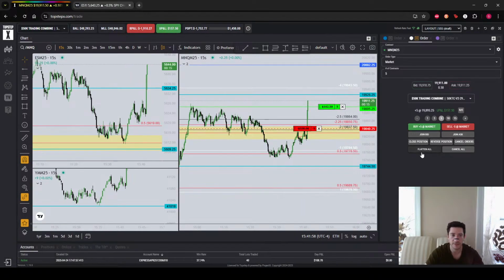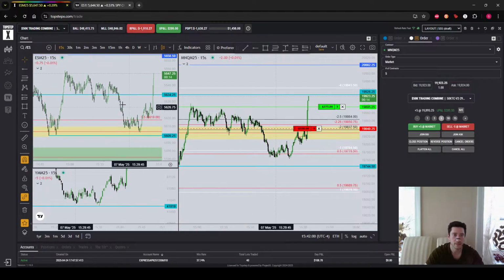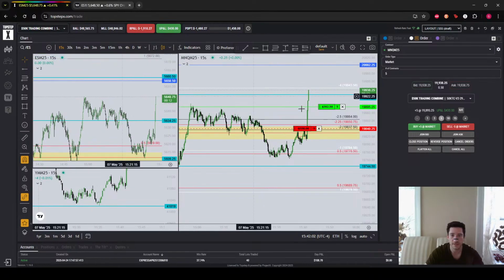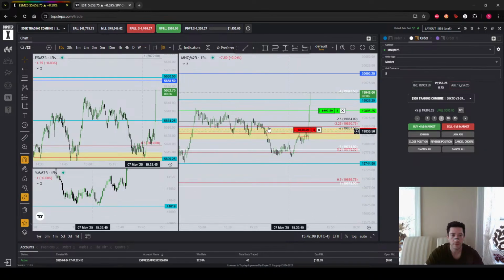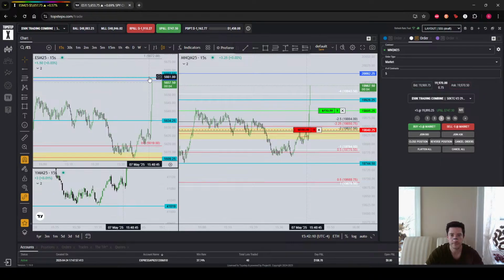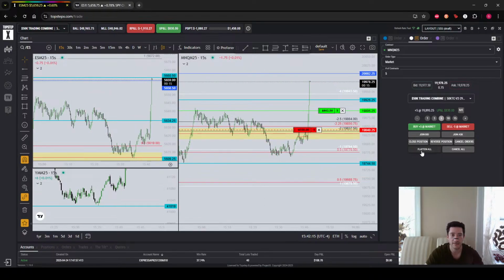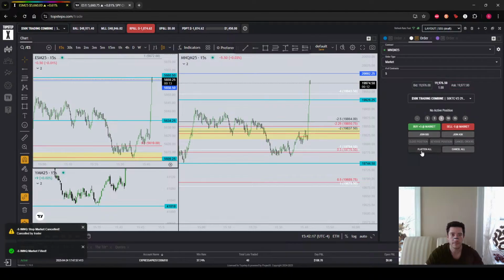Give me some drawdown room or something. There goes ES. We'll see if ES runs up into the draw. Wow, we just got so saved. Well, the account lives to fight another day. I'll take it off there.